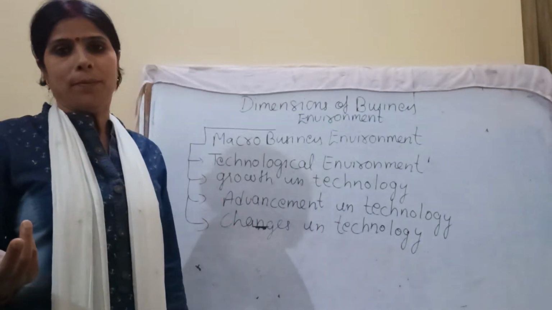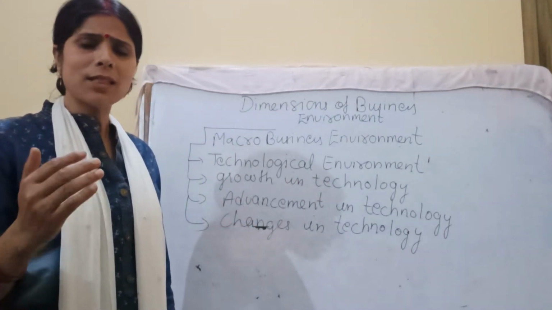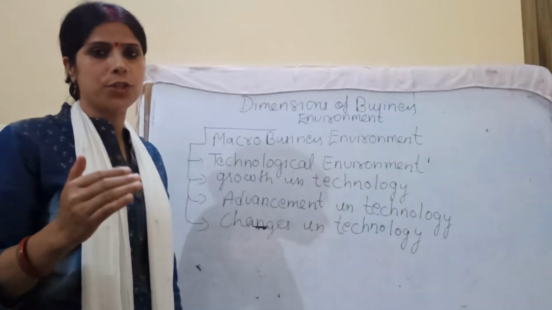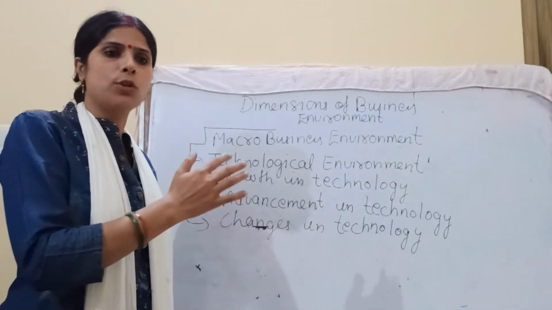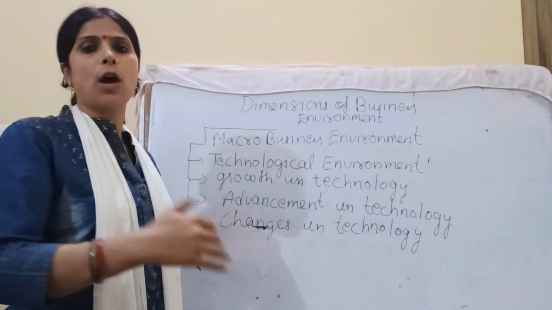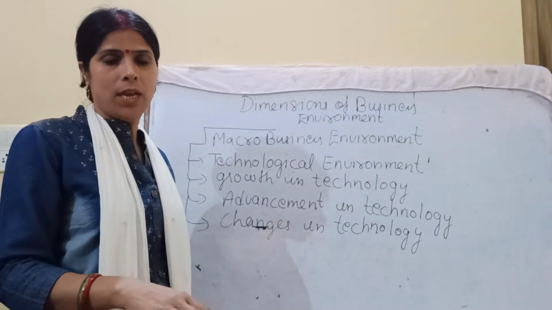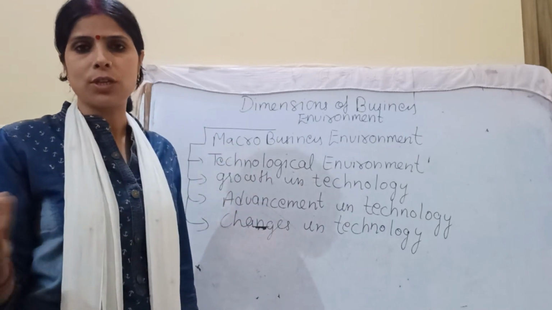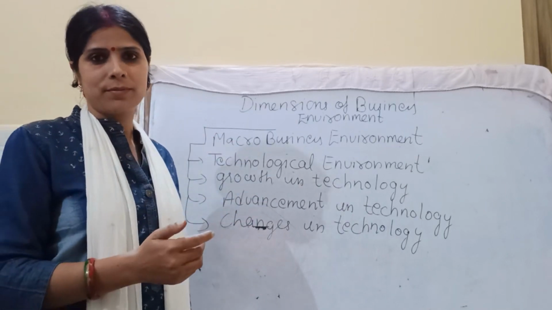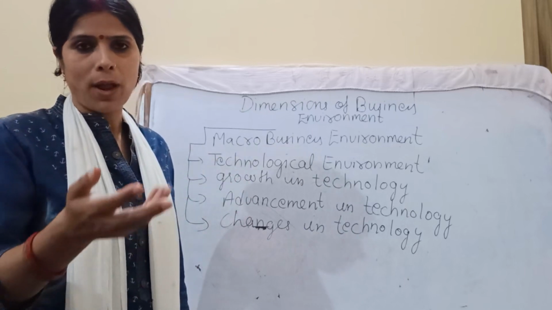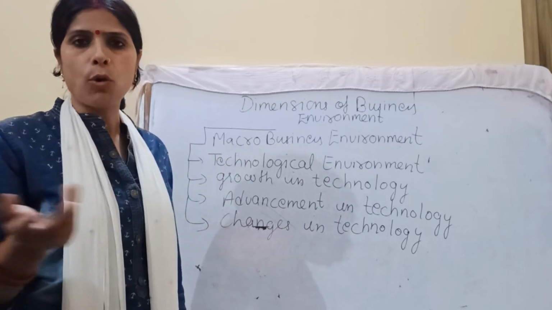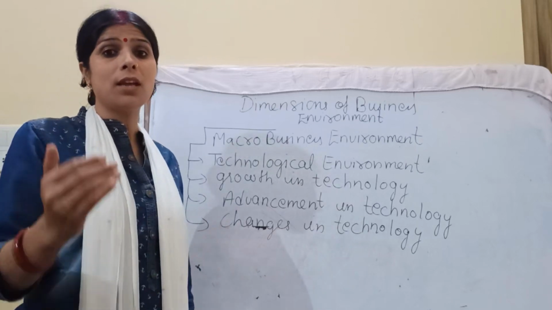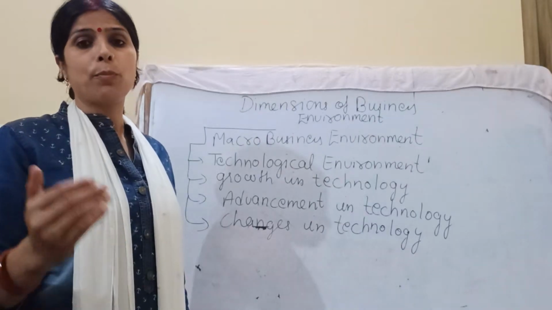We cannot do anything. Definitely the things will change, because change is the law of nature. In every area, changes will take place. Conventionally, we were using labor-intensive techniques. Now we are using capital-intensive techniques. Even in the agricultural area, you can see there is modernization, machines, equipment used for harvesting and for many other things, for plowing the field and all, they are using different modern techniques. For irrigation, they are using many techniques, and that is why we can see a growth in the production areas,